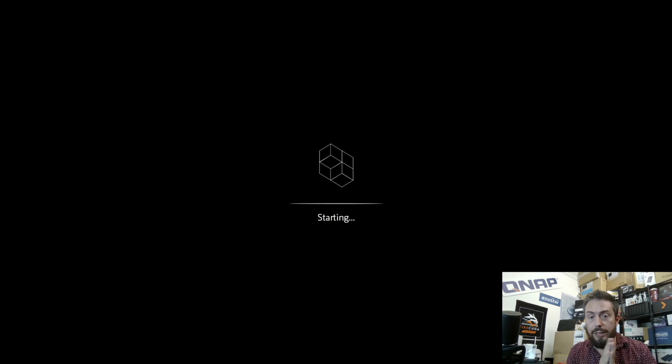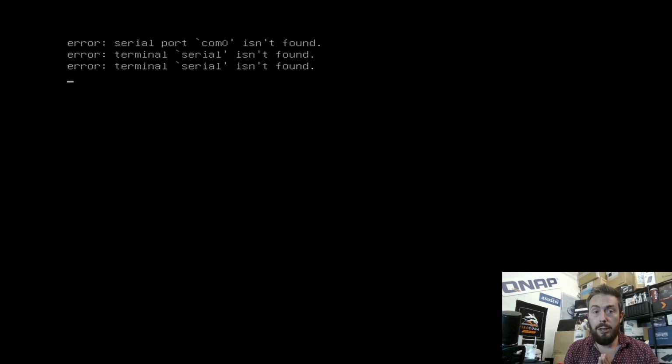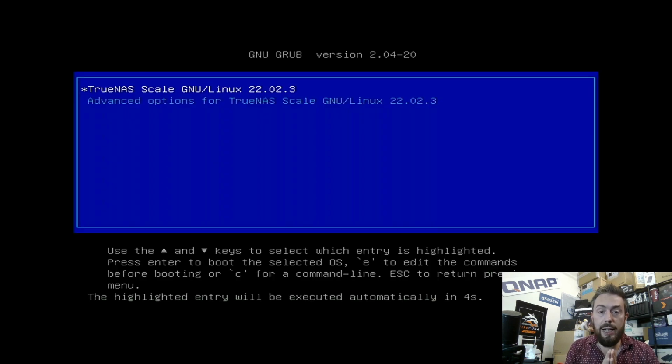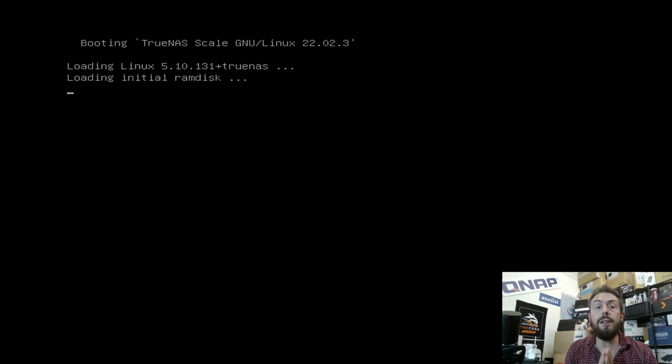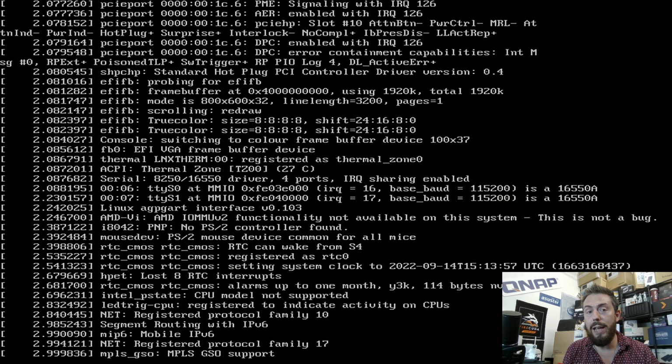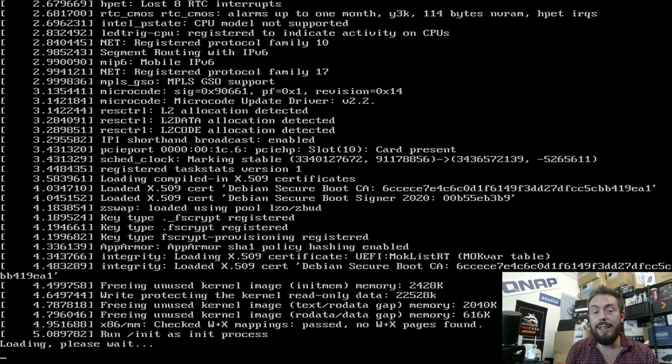And while it does that, we'll wait until we hear the boot and we see the screen change slightly, so we should see it change now to the TrueNAS installation splash screen, as you can see there. And as you can see, it's going to count down and it'll automatically boot in 1 second. And now it's going to boot our installation of TrueNAS Scale there that's living on the SSD that we installed